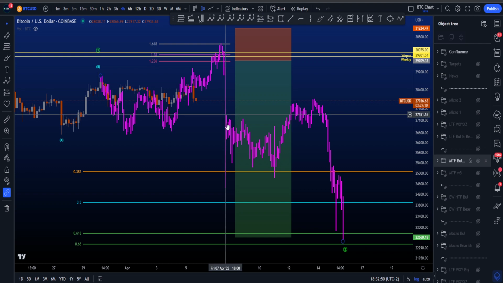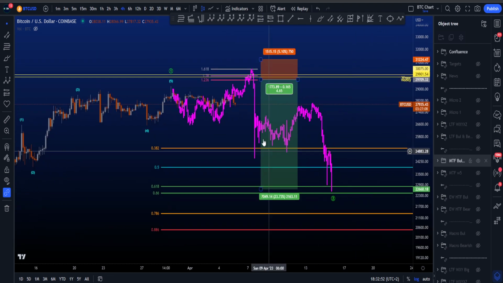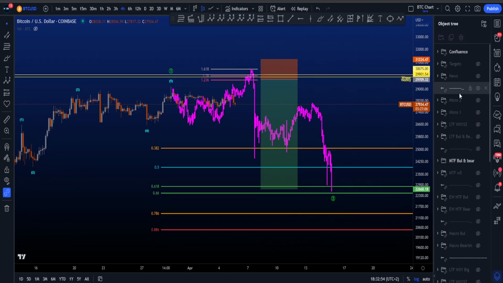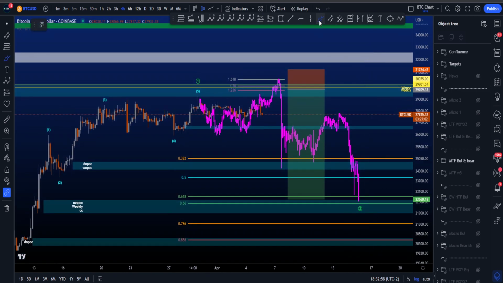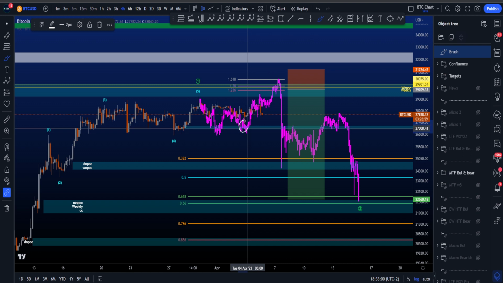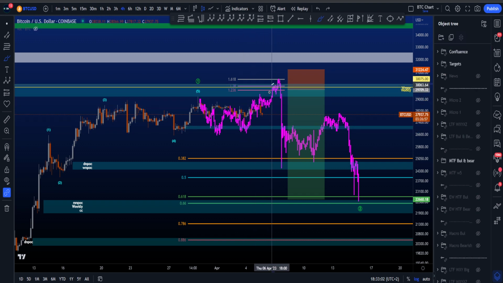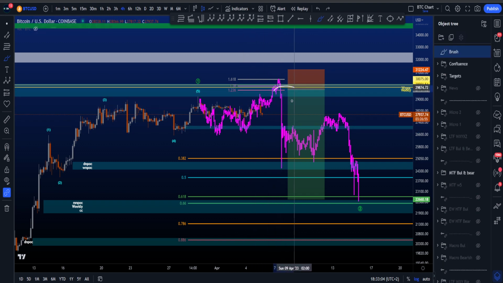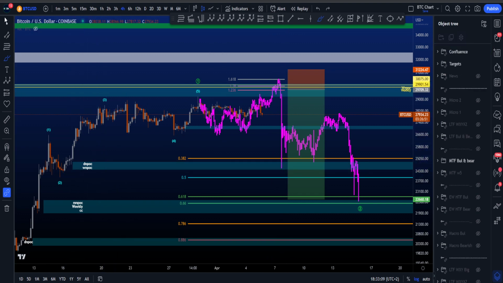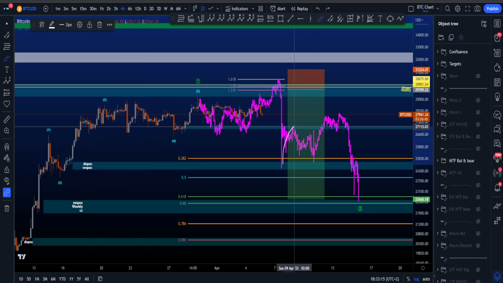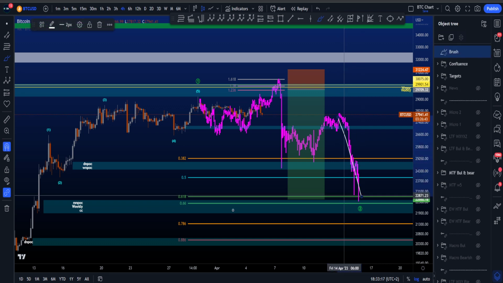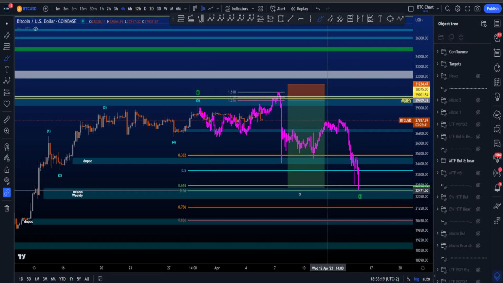Then you get a wave C to the downside, range a little bit over here, and then eventually a continuation to the downside. And this would also work very nicely with the target boxes that I have to find support over here on the blue one, move up to the resistance area over here where you see my blue target box, then go to the downside and land on my target box over here, which is basically between 24.850 and 24.3k. Then range a little bit, and then eventually drop to the downside,